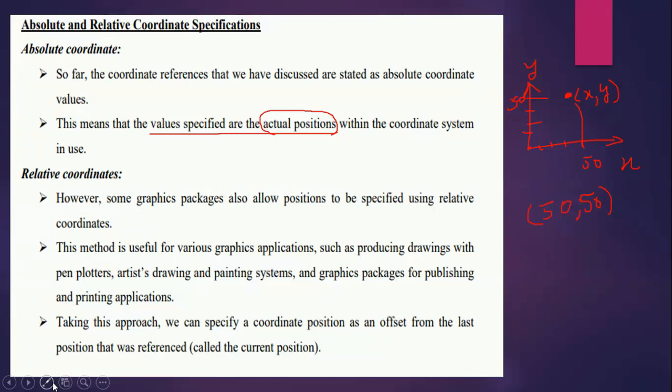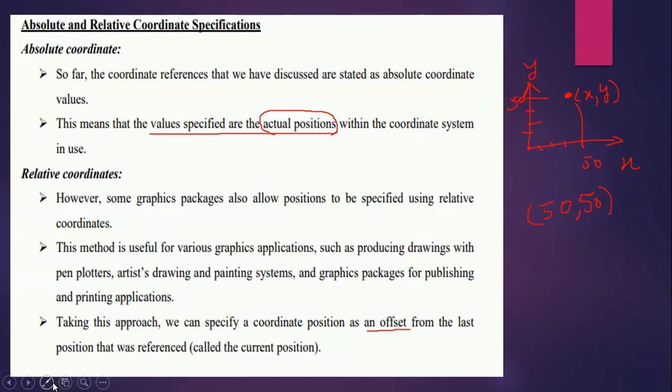This method is useful for various graphical applications such as producing drawings with pen plotters, artist drawing and painting systems, and graphics packages for publishing and printing applications. Taking this approach, we specify a coordinate position as an offset from the last position that was referenced, called the current position.